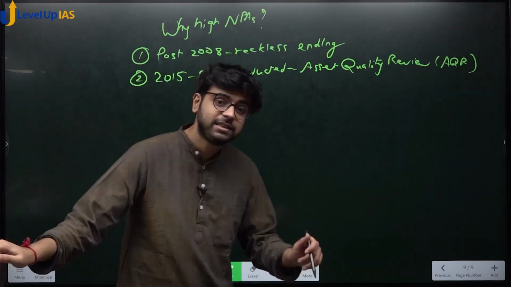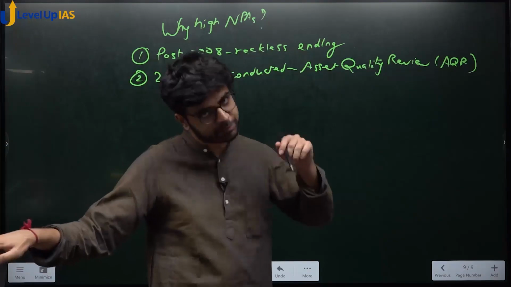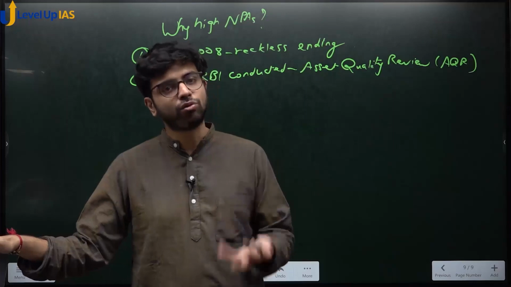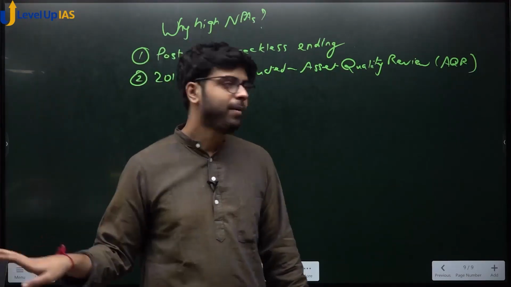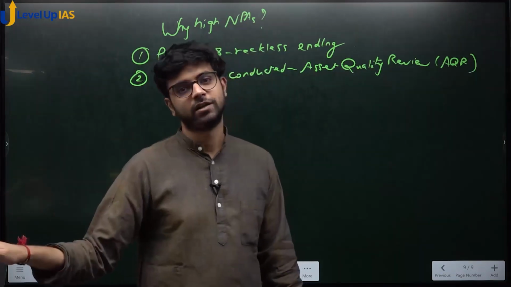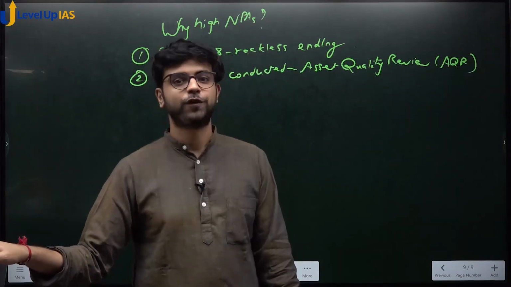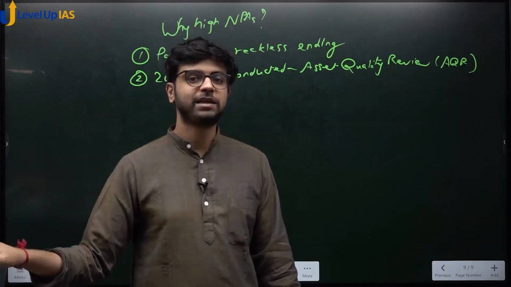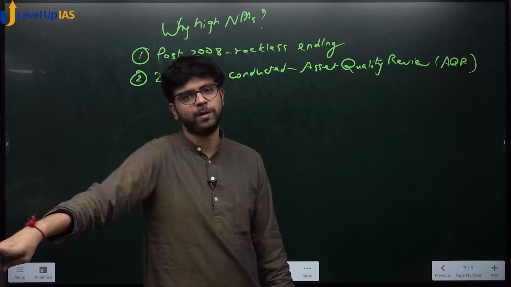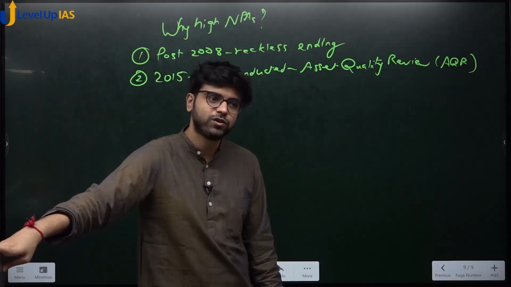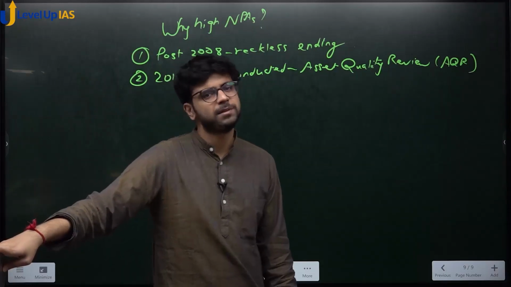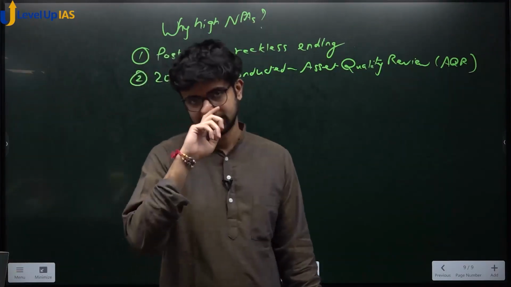RBI said, I will check your books. RBI said, I will check whether सच में NPA है या नहीं है, or whether you have really low NPAs, is it true or is it false, right? So RBI conducted an exercise called asset quality review, and then many NPAs came to the front. Many NPAs came forward which banks were reluctant to show. Banks were reluctant to disclose. They don't disclose. Now also they are not disclosing a lot of NPAs. So this 9.88% which we saw is just 70-80% of the total NPAs. It might be 12% actual NPAs. ये हो गया,